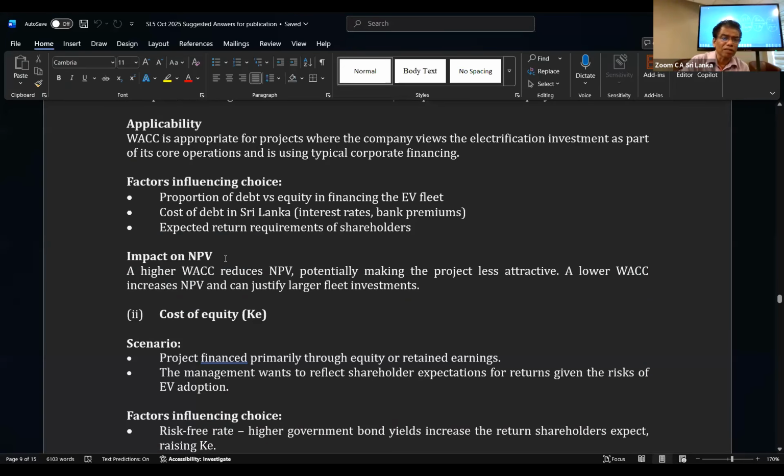Yes. You have to show the impact on NPV. A higher WACC reduces NPV, potentially making the project less attractive. A lower WACC increases NPV and can justify larger fleet investment. So you have to find out the net present value after discounting. If it is lower, then it is not attractive. So this is the answer. The examiner expected this kind of answer